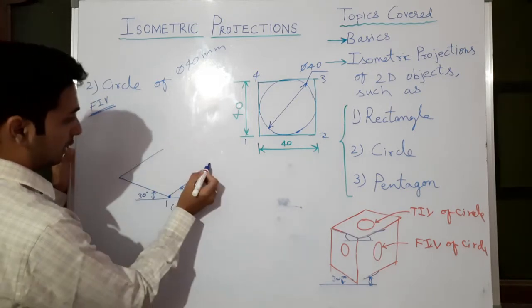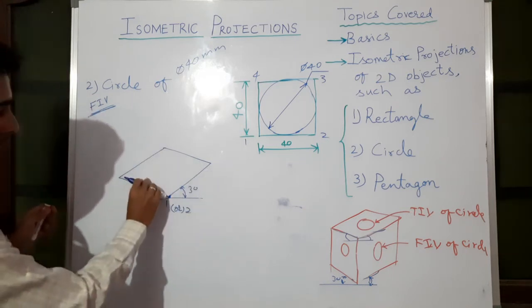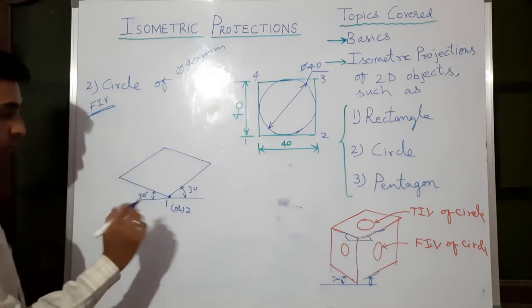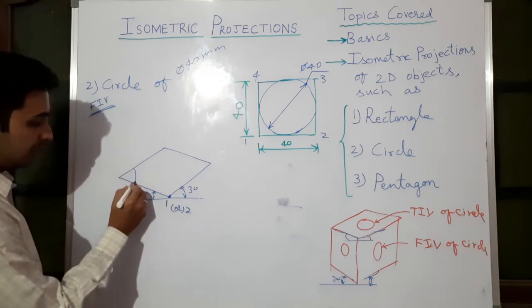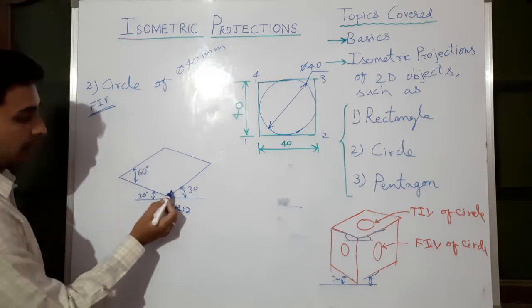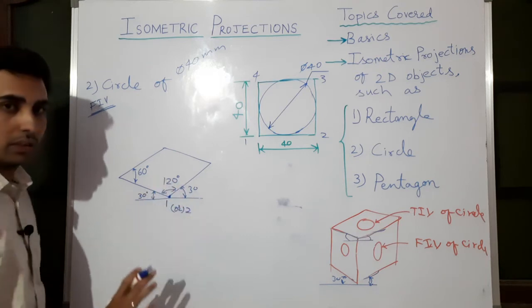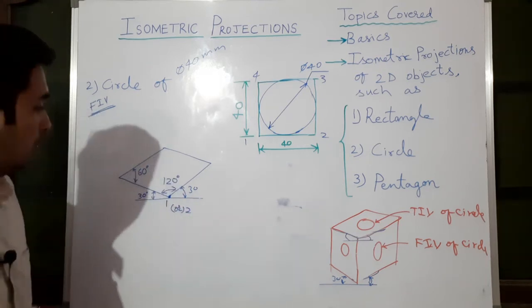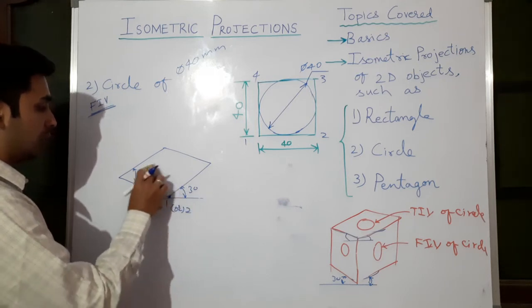Let us quickly complete this. So parallel to this here, parallel to this here. If you want to know what is the angle between here, it is 120, and here the angle will be 60 degrees. Here it is 120. Okay, just this is not required. Why? Because you will be using a mini drafter, so these are unnecessary things.